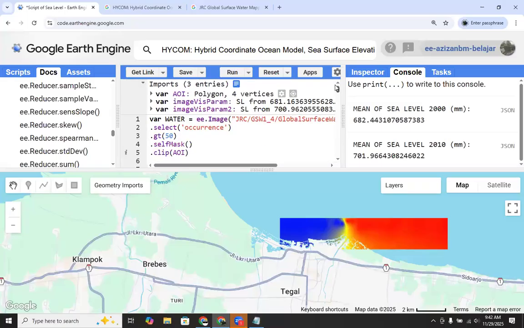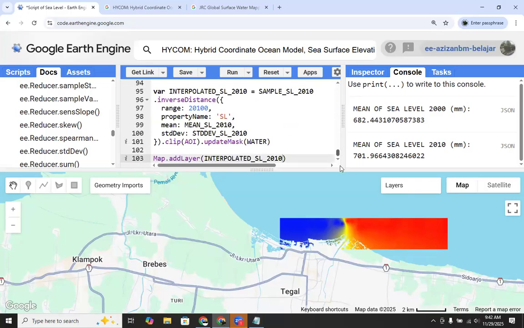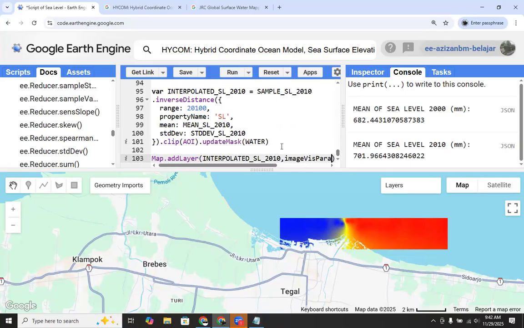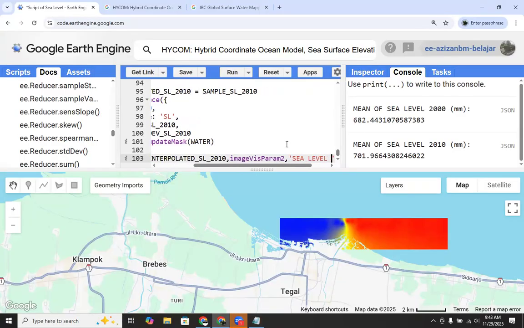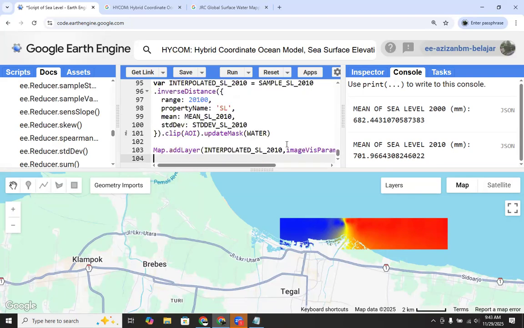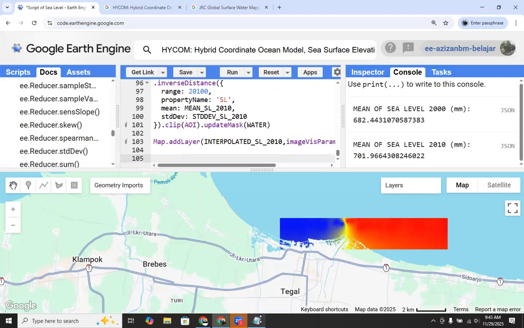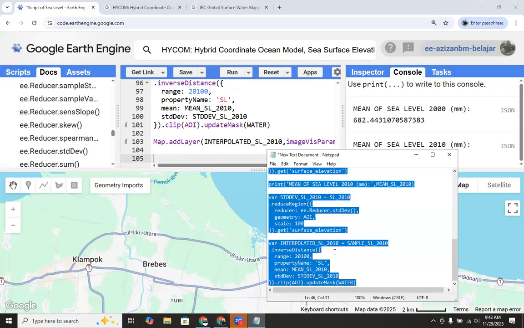And the name of the visualization parameter is the second image visualization parameters. Okay, then we can go to 2020.